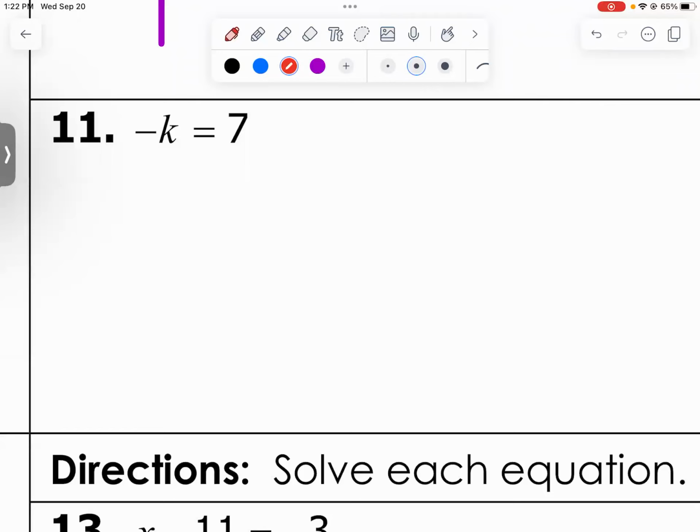And there's not really a number in front of it, which means there's really a 1 in front of it. So this is like -1 times K equals 7. Do you understand how she figured that out? Yeah. Okay, if there's not a number in front of your variable,